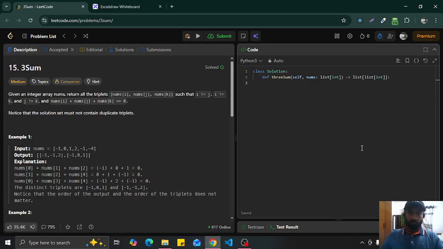So we're going to follow the same approach here. Let's say size equals length of nums, and we will also need result. So result is going to be an empty array. And oh yeah, we also have to sort the numbers. So nums.sort(), okay, for i in range size - 2,